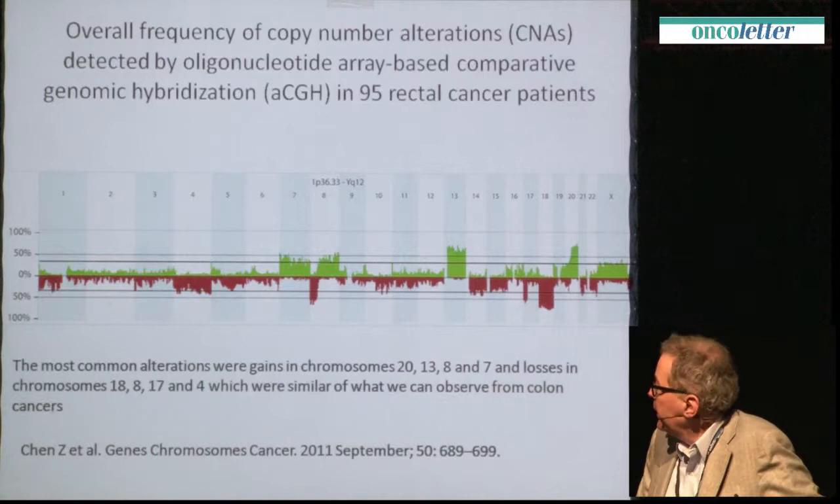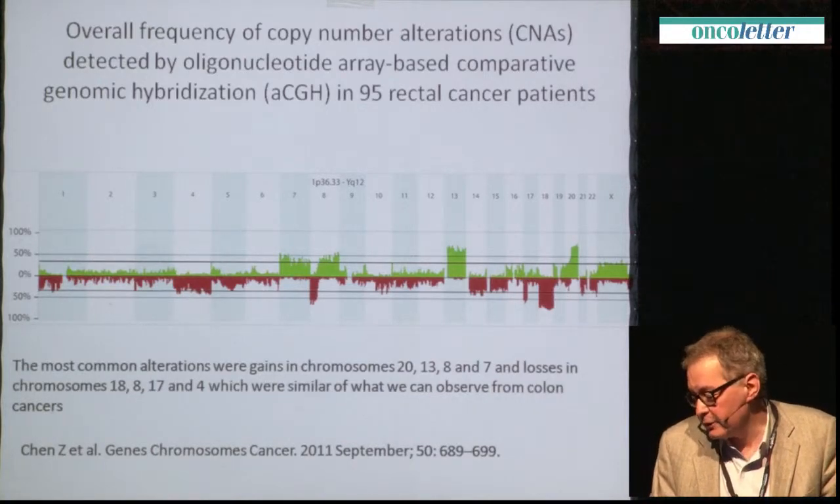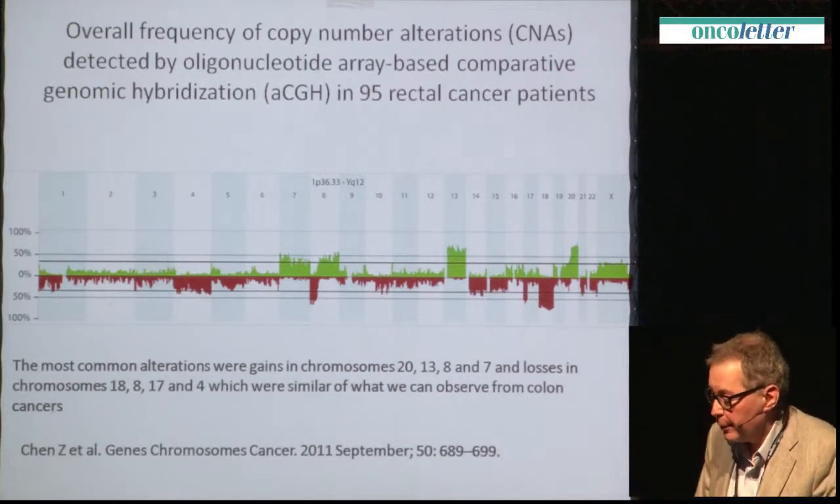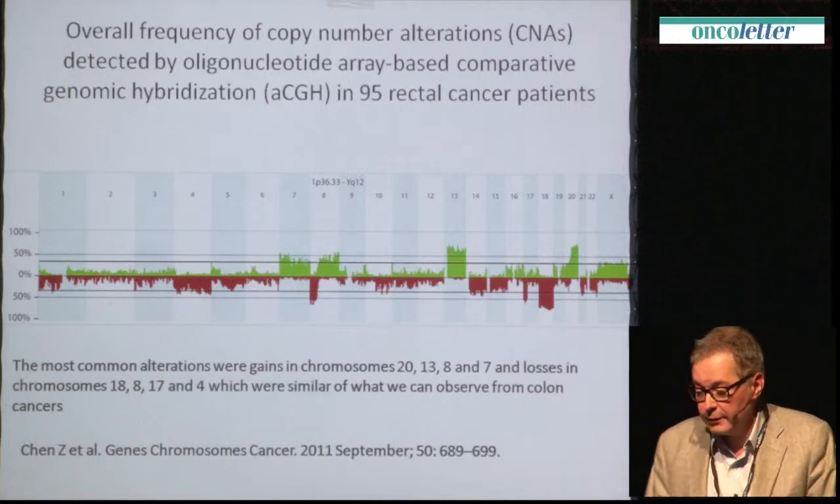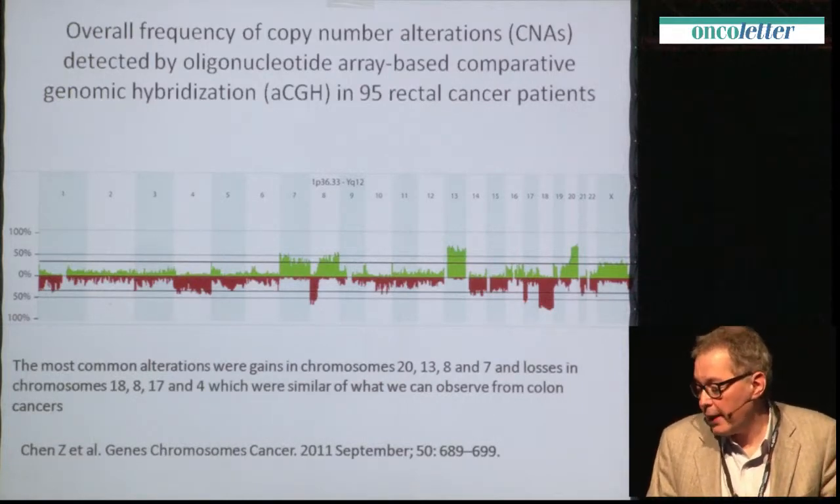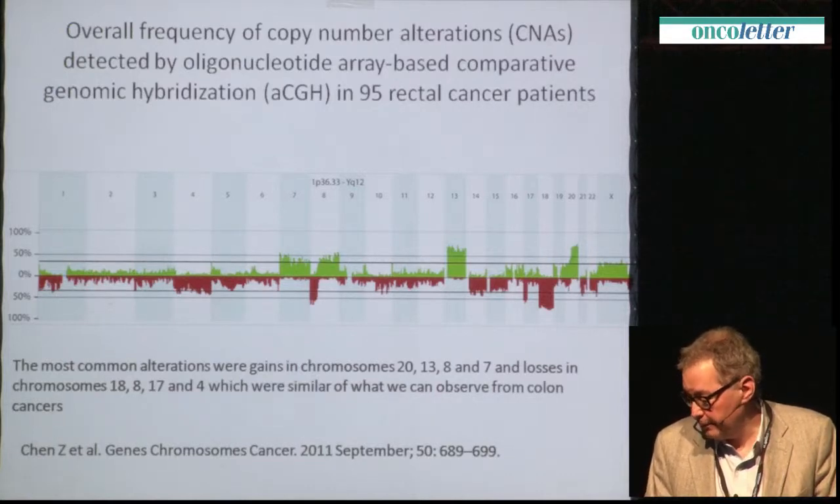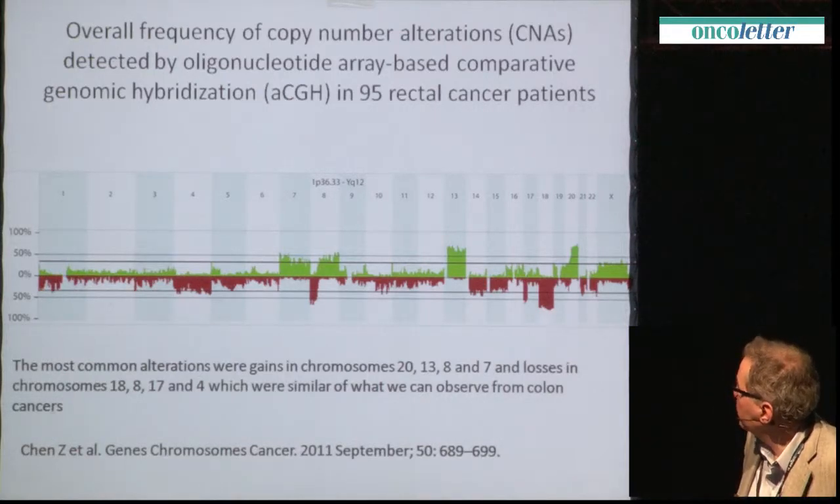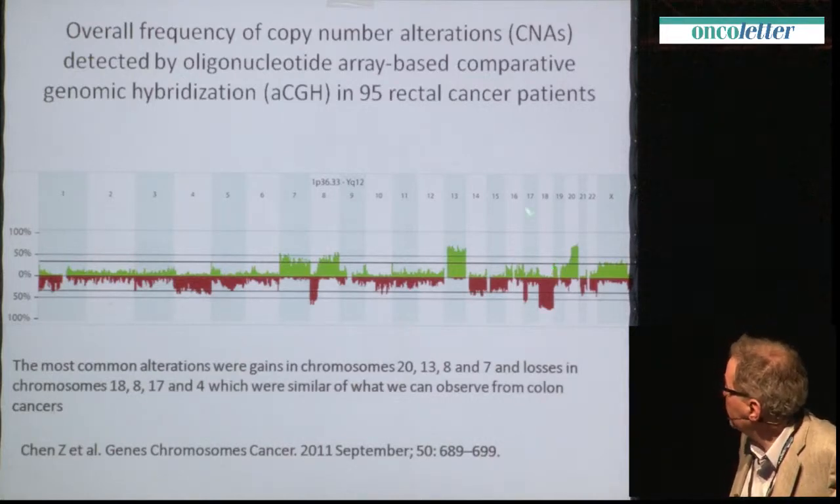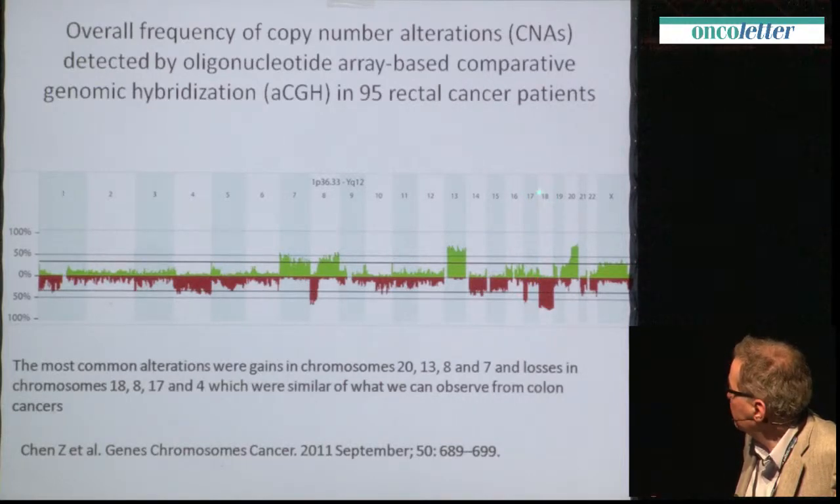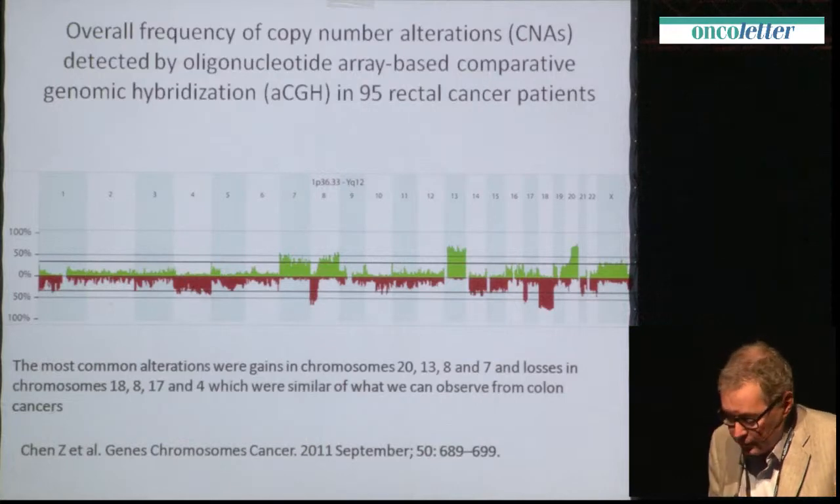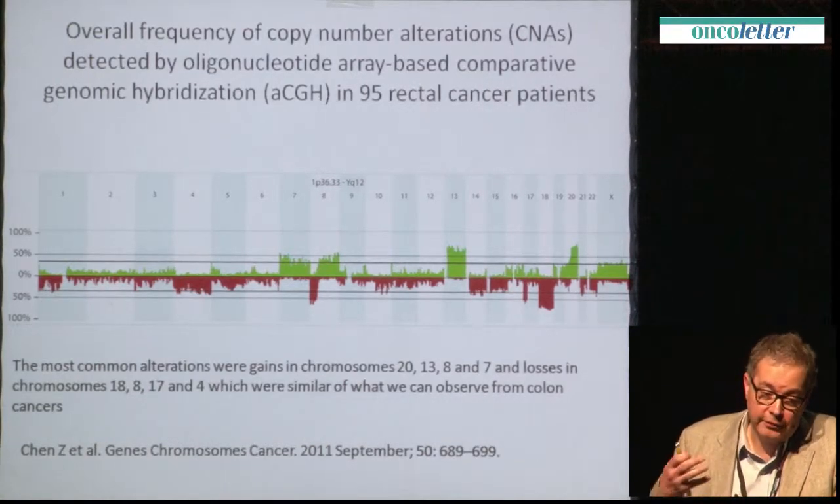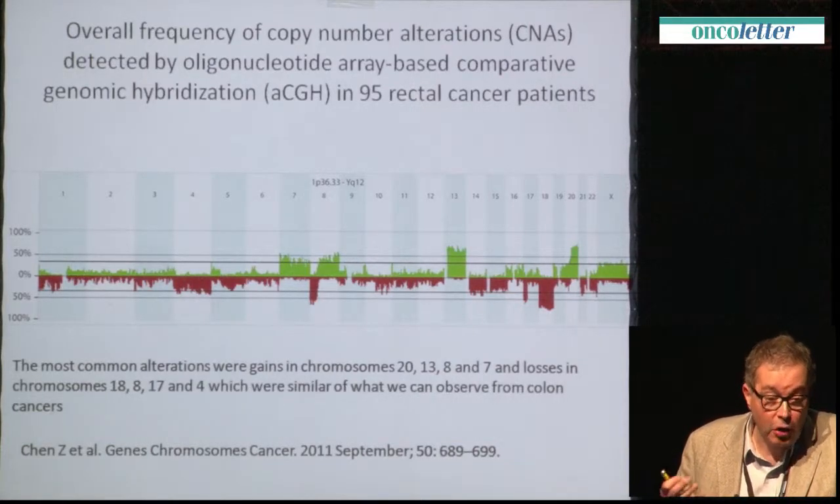Now, if we go deeper and look for a difference in terms of copy number variation, this is a series of approximately 100 rectal cancers. In green you have the gain of a chromosome, and in red the loss of a chromosome. What you can observe in rectal cancer is the loss of the short arm of chromosome 17, the loss of chromosome 18, and also the loss of the short arm of chromosome 8, which are in fact the most frequent alterations found in colon cancer,